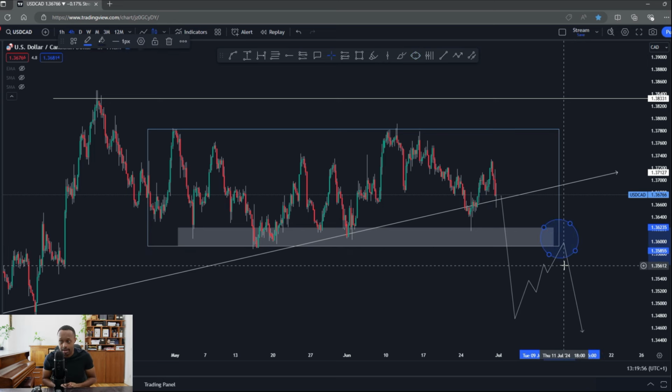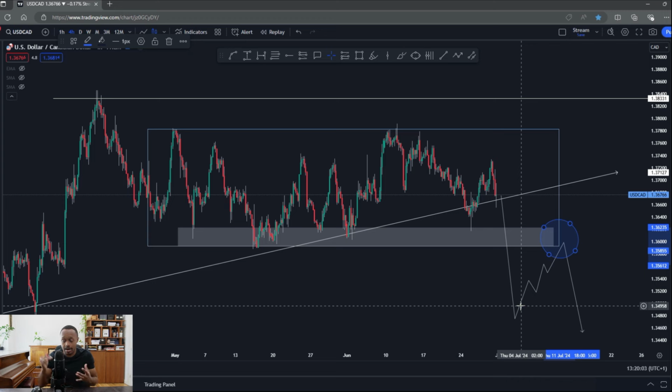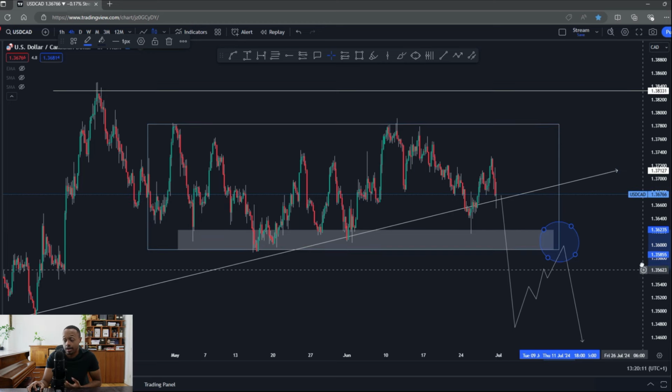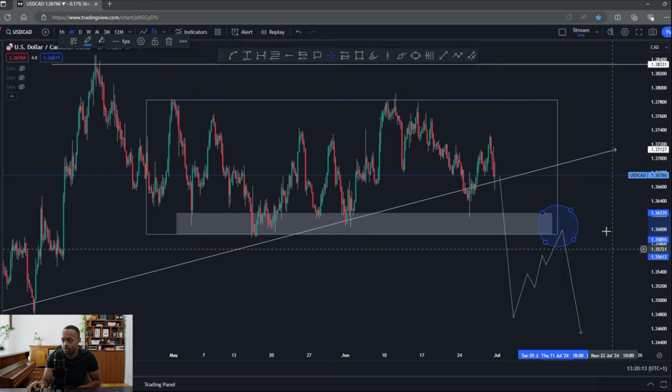Other dollar pairs look better. USD CAD, I don't really want to trade inside of that. So this is what I'm looking for on USD CAD. It's a lot to ask for, a big breakout, but it's the only way I'm going to find a good trade. If you're looking to trade on the trend line and still anticipating higher prices, I can understand that, it's just it doesn't fit the plan, so nothing will interest me inside of that area